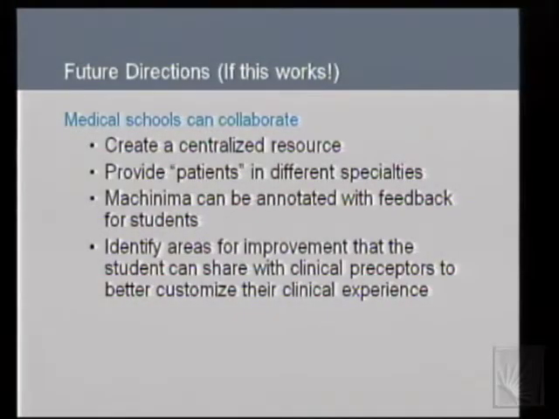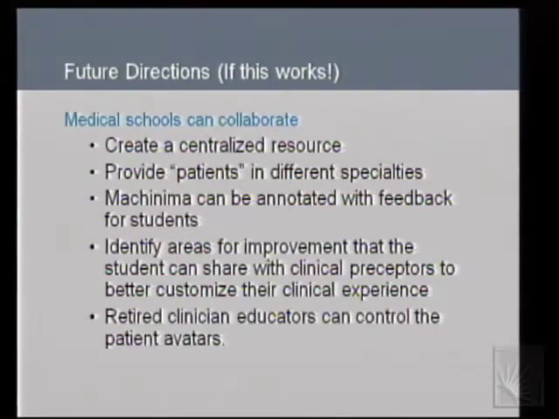And then potentially we can give this tape to the student, and they can share it with their own preceptor and say, these are the 3 things they told me I'm having problems working on with the next patient. Can you just focus on these and give me some ideas? So they have their own tool that they can take around with themselves and help themselves. And one potential, I think a lot of retired physicians want to give back. This is something where we can use them and say, look, do you want to sit at home and help us? Here is a tool that you can use to do this. So this is possibly a project that, if it takes off, we can work on and collaborate with other programs.